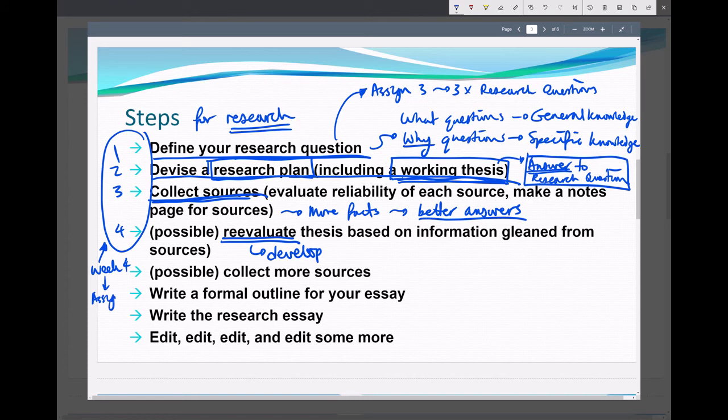As you work on this assignment, you'll be developing your thesis statement based on your research by asking research questions and answering them. And the information that you get are from your academic sources.